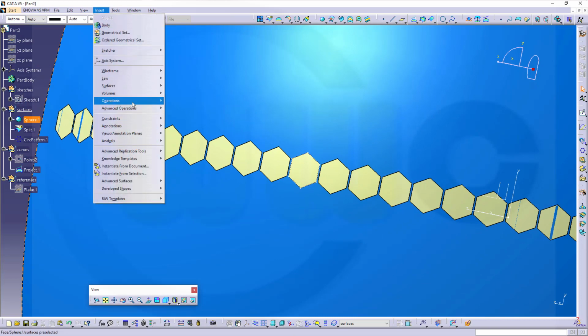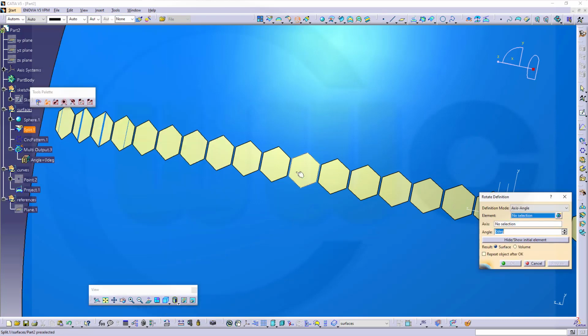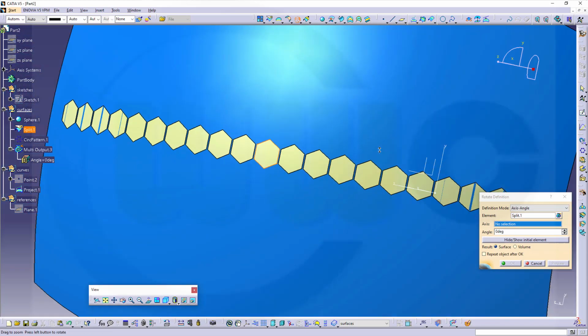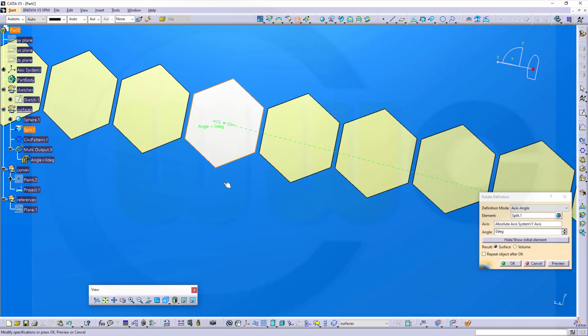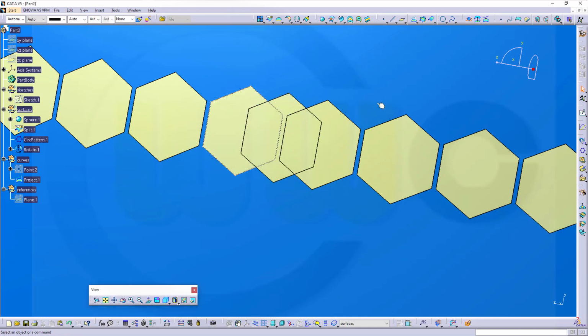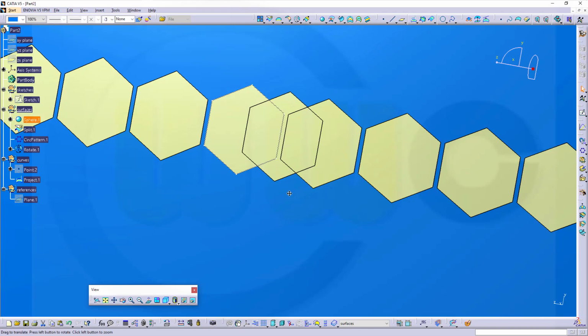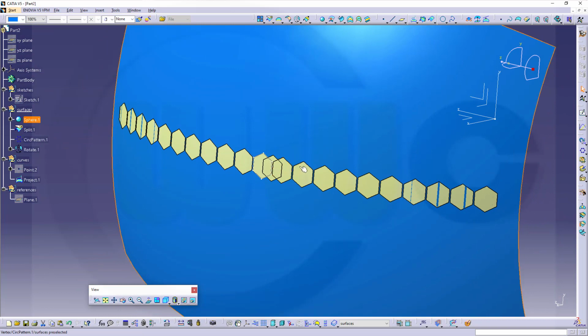So go for operations, rotate. I want to rotate that split, and the axis should be this one, and that should be 3.5 divided by 2. Yeah, that looks okay. And now to rotate it to the correct position, I cannot rotate it with this one,